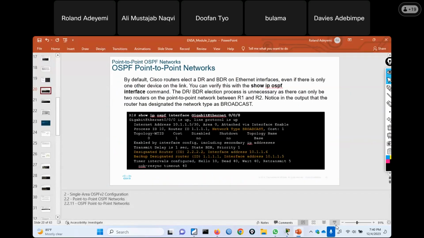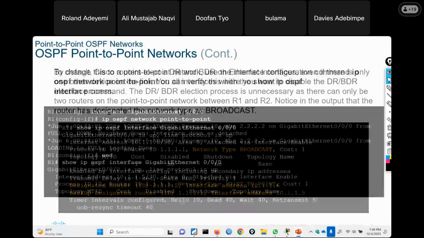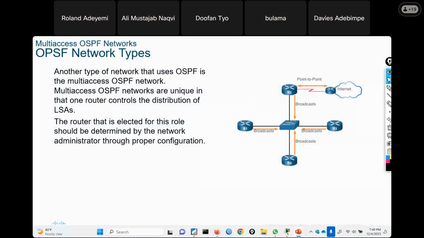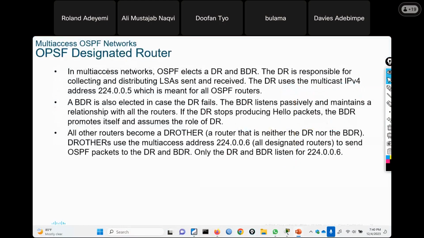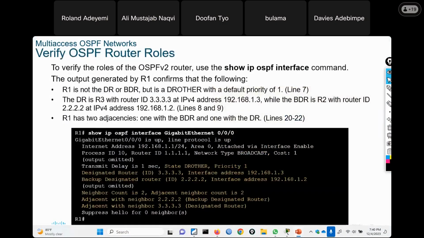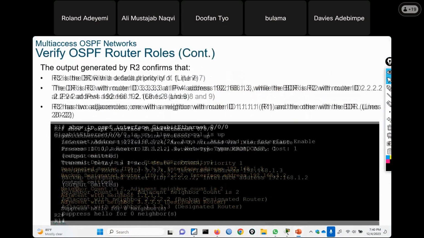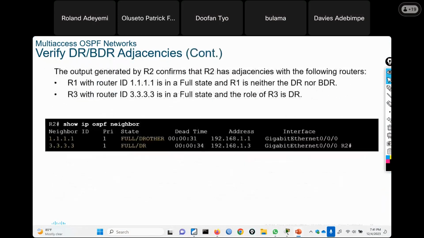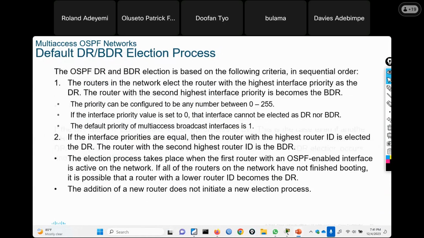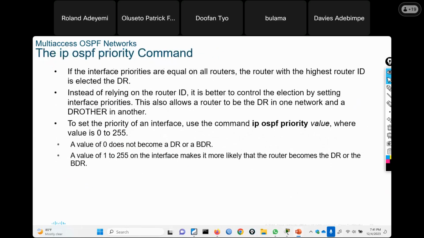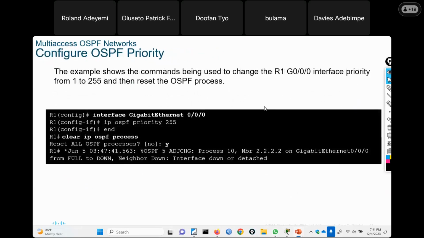Any question, guys? Okay, are we good? All right. Sorry, come in, sir. Yeah, please go ahead. Okay, sir. When configuring two routers together,